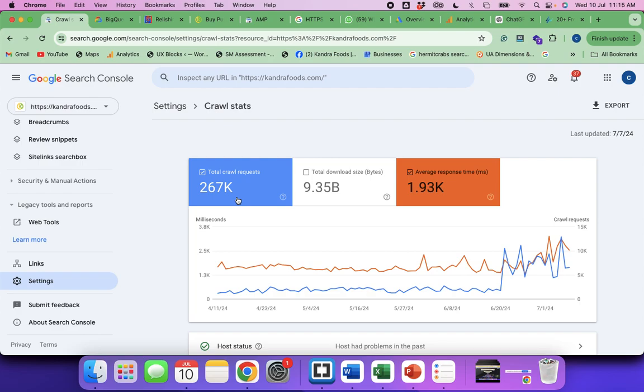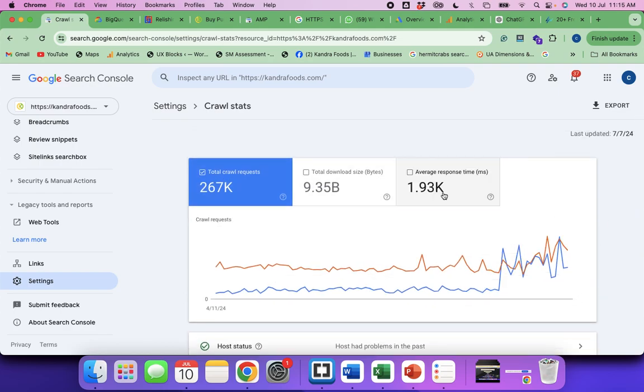Average response time is the response of your website for every request from the Googlebot. So your server response time is the time taken by your server to respond to any request coming from Googlebot. Googlebot is visiting your website to crawl and to serve that request. Bot is taking 2000 milliseconds, which is equal to 2 seconds. So ideally, it's suggested to be at 200 milliseconds and not beyond that. That is 0.2 second. The request should not take so much time, but here it's taking